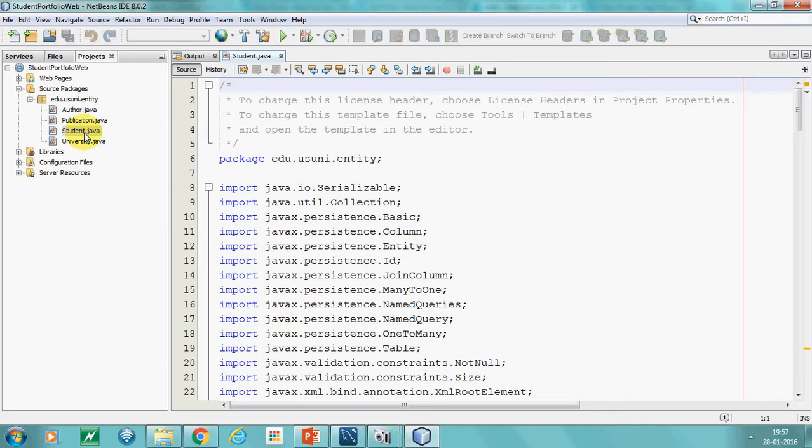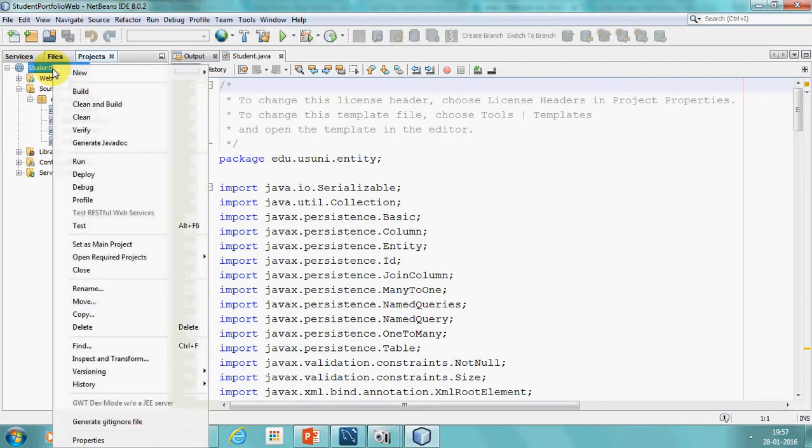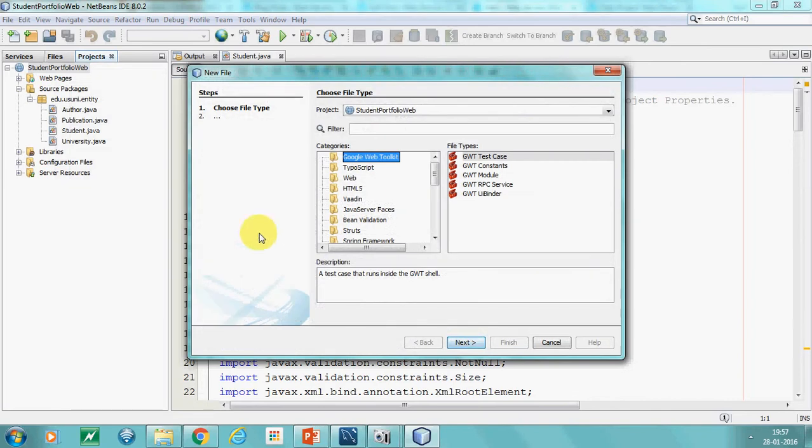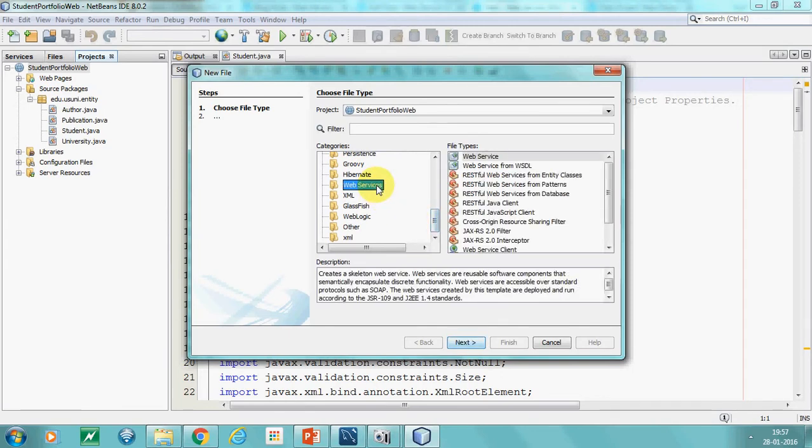So after creating these entity classes, the next step, the big step and the most simple, is to create the RESTful web services. So again, select your project name, right click upon it, go to new, go to other, and again, in categories, we have web services.